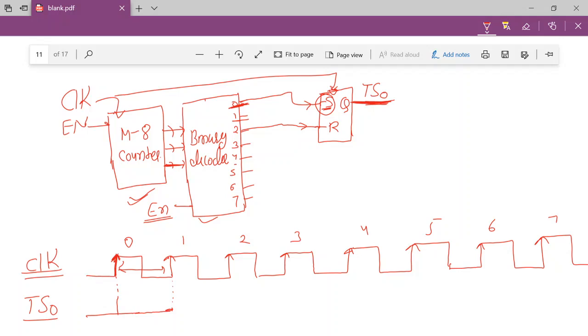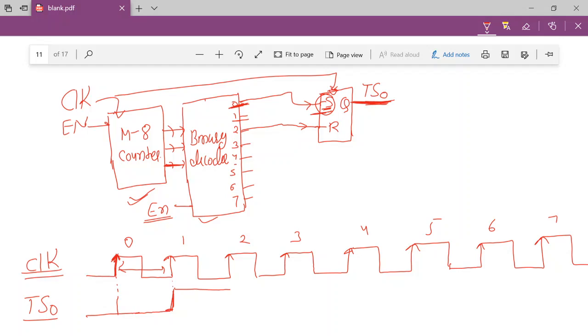So at this time, now this zeroth output would become 1. We have applied it to the input S of the SR flip flop. So S becomes 1, R equals 0, so the output would be 1 now. Fine. So this would remain 1 at least for one clock cycle. Now what will happen? The counter will jump to the next state. That means 1.